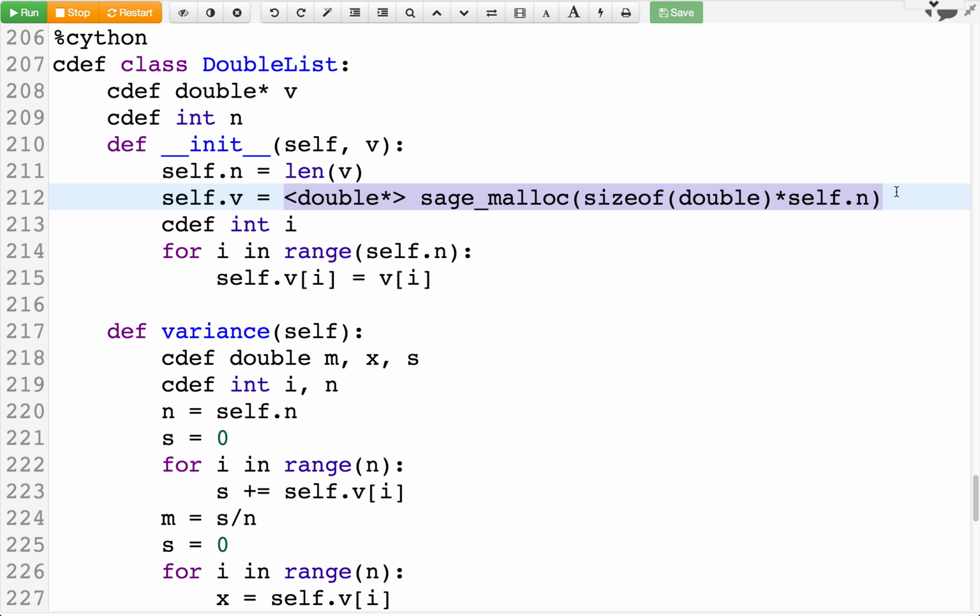I think it uses the Python heap. So Python gets a big heap that it allocates all of its objects in. I think sage malloc uses the Python heap rather than its own memory space, which makes Python happier because the Python interpreter has a better sense of the total amount of memory that's being used by Python, which is best practice for writing Python extensions. In any case, what we do is we allocate enough memory to hold all the entries of V, and then we store them, but not as a Python list. Instead, we store them as a C array.